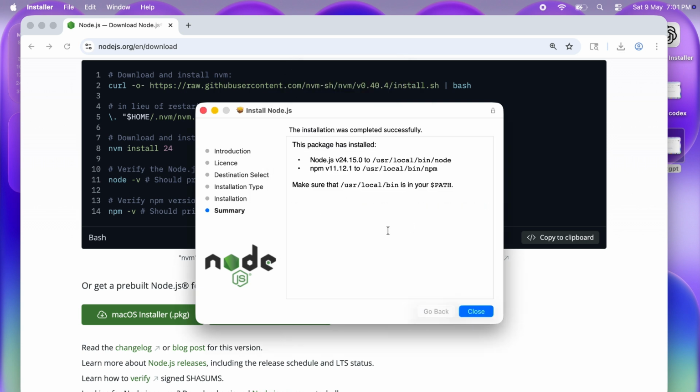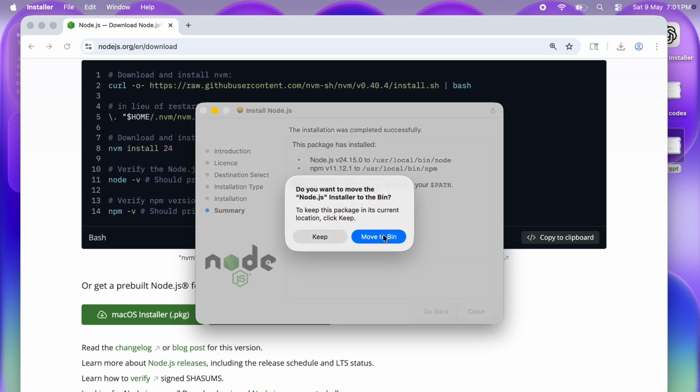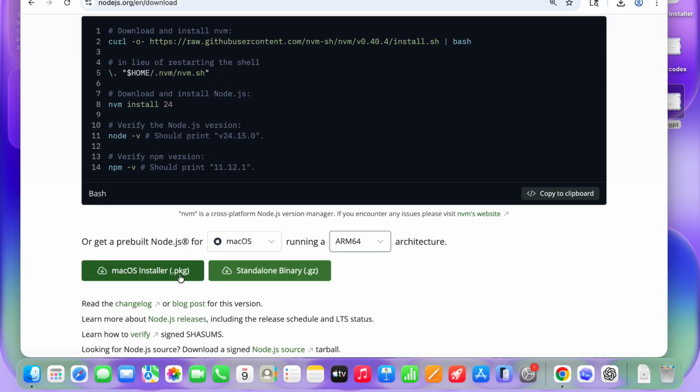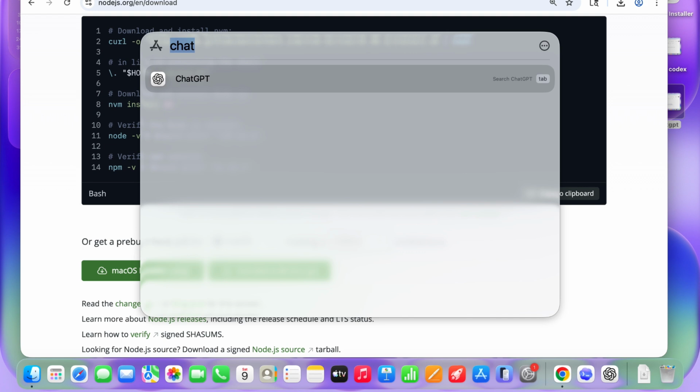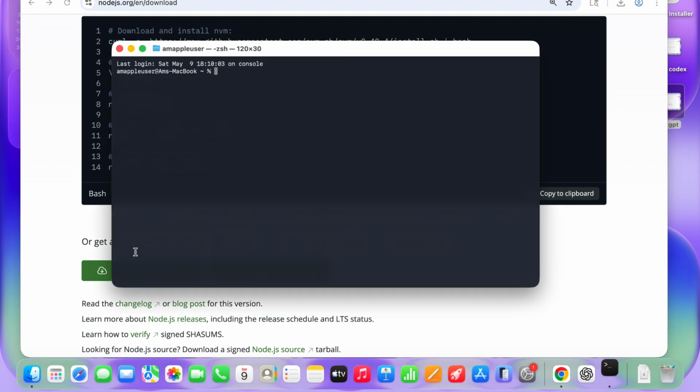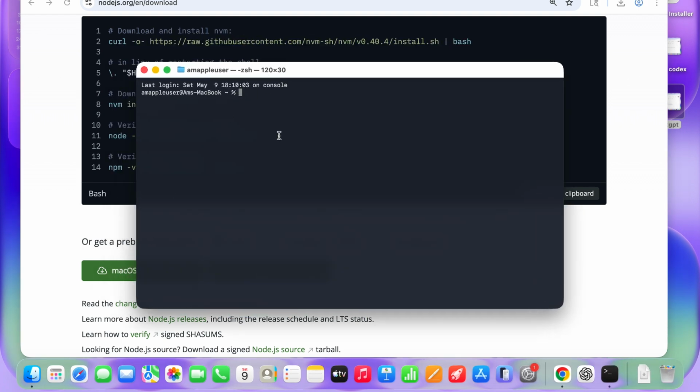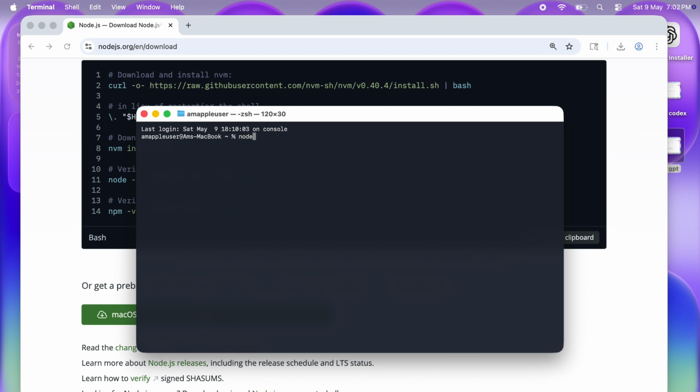Once it is done, we will be getting completed successfully. Just click on close and you can simply move it to bin. Now to check if it has been installed perfectly, go to apps and open your terminal. Here just run the command node --version,